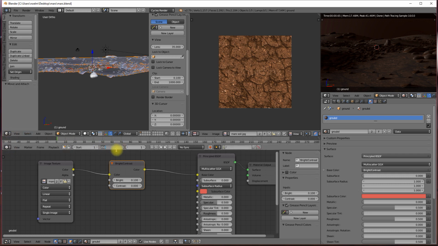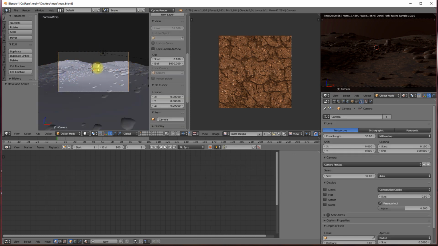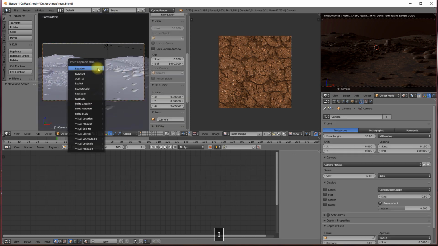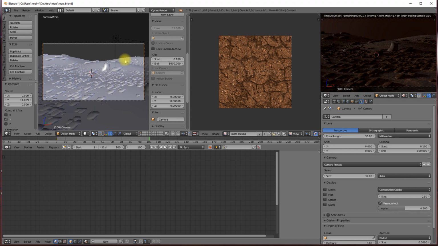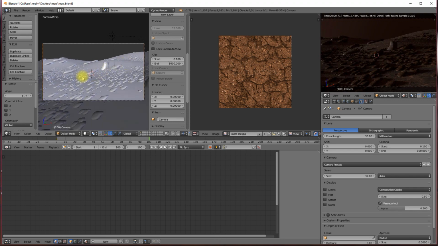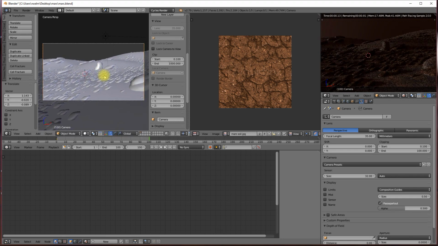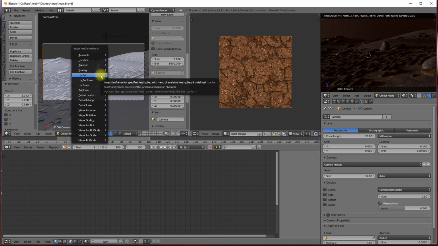No, so we'll set this to be 100, and we'll go look through the camera, select the camera, so that's frame 1, so we're going to insert keyframe on rotation and location, move the frame to 100, and then we'll go GY, so we'll move forward, give it a little rotation, maybe shift it off here to the right a little bit, and then insert